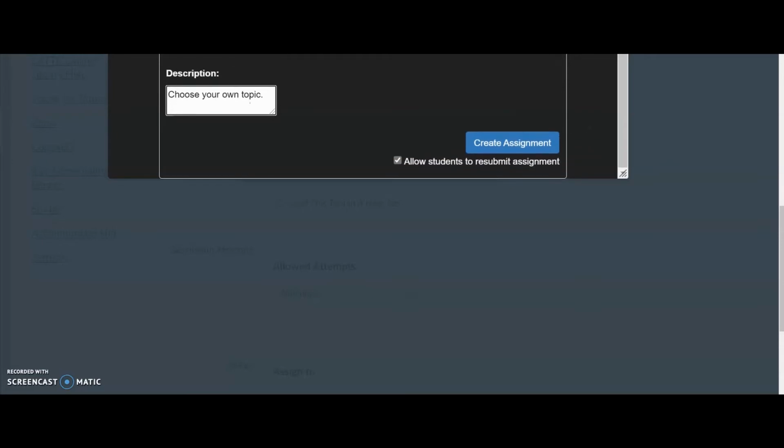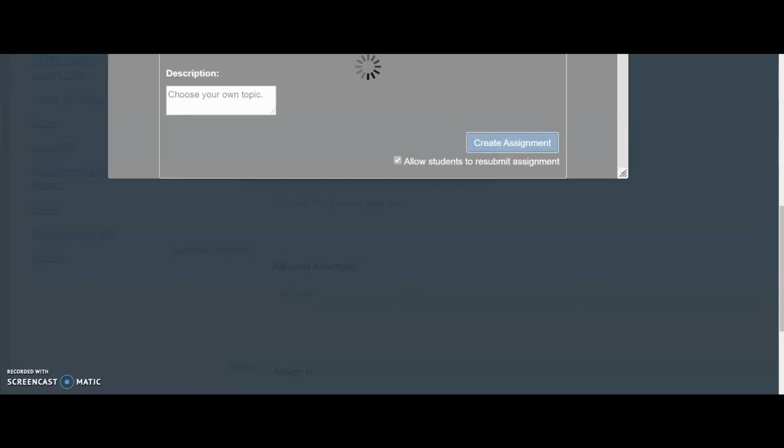I will select Create Assignment, but before I select Create Assignment, the Allow Students to Resubmit Assignment box is checked because I do want students to have the ability to resubmit the assignment just in case they look at the assignment and they realize that maybe somebody's voice isn't there or a PowerPoint slide is not there, and they will have the ability to upload the assignment again. I will select Create Assignment,